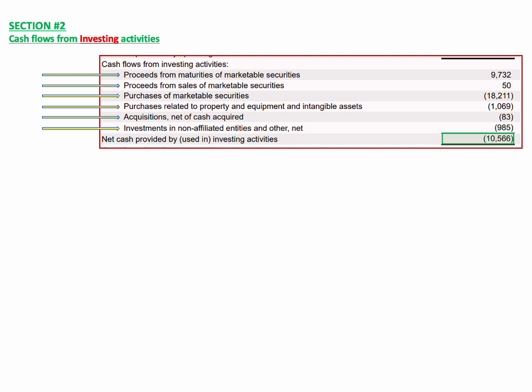So this is a number you look at and go, ooh, a lot of money, 10 billion. What was spent on it? And as an investor, you try to understand why they spent this money. Where did it go? And you want to make sure that they're making wise decisions. So again, in the 10K form, you could look at all the details of each line item, where that money went. Now, the last section of the cash flow is